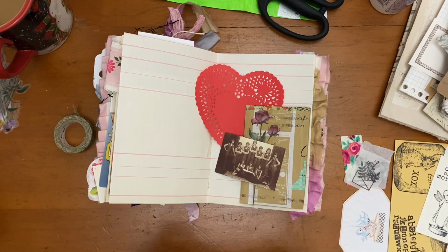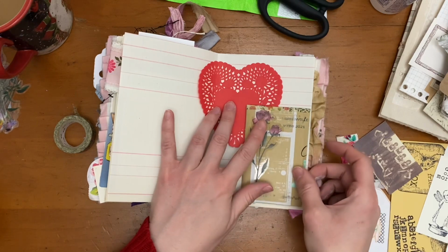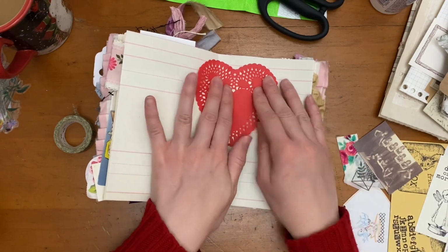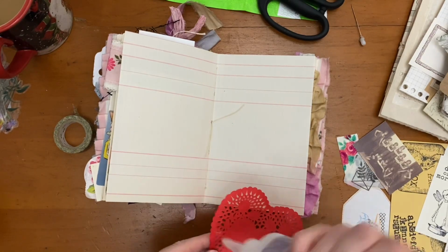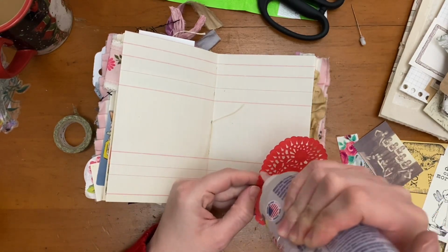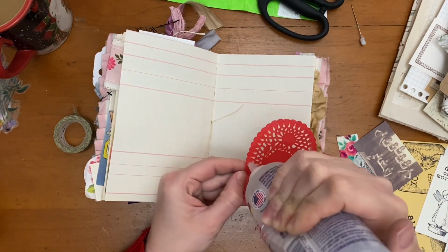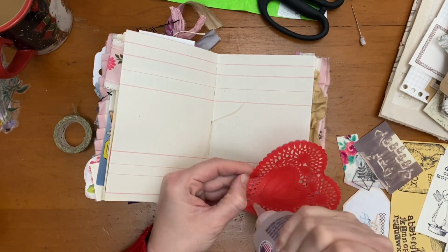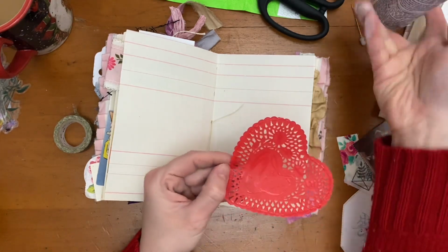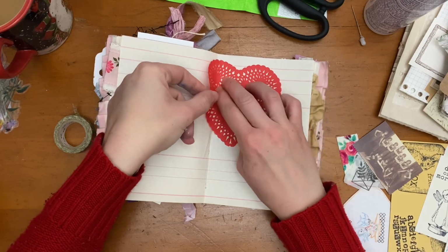At this point I've decided all the pieces that I want to use in the spread, and I'm starting to commit. So I'm going to start gluing things down, and I use Fabri-Tac in this journal spread, and the little tissue pieces that she sent that are stamped, I actually just used glue stick to stick those down. But yeah, primarily I use Fabri-Tac to do this entire spread, just because it dries super fast and I know my journal page is going to stay